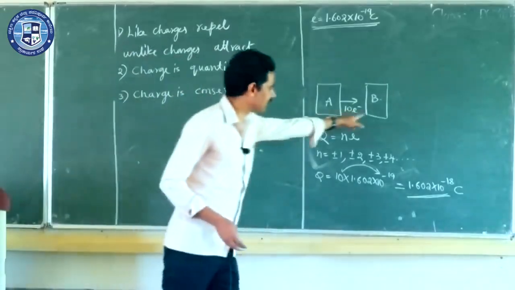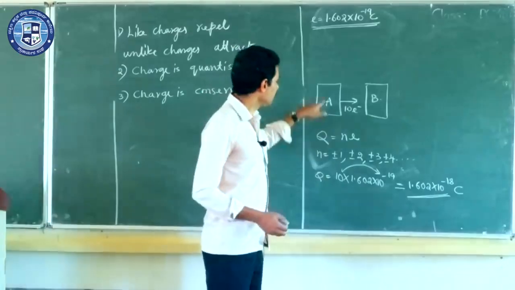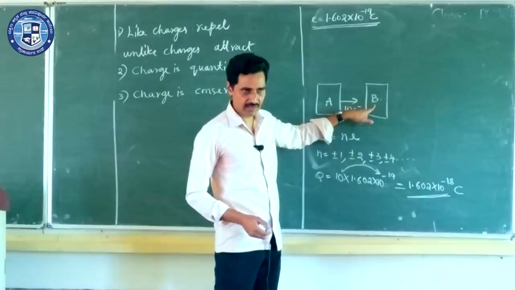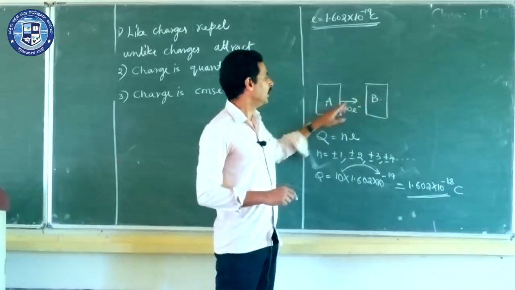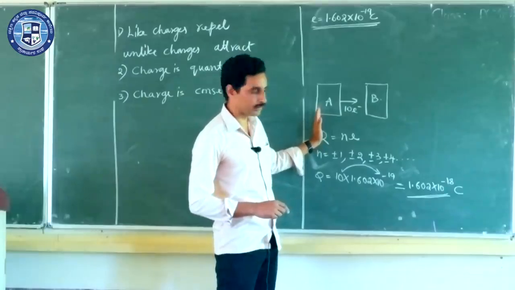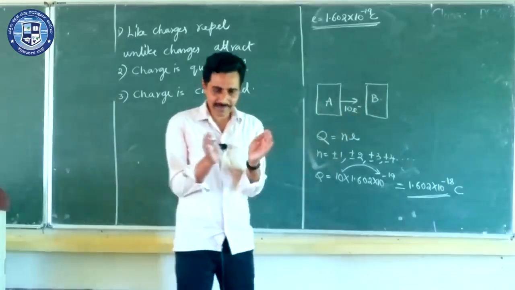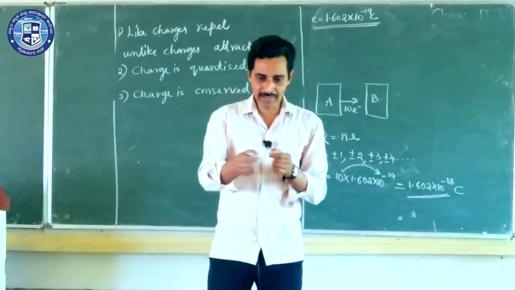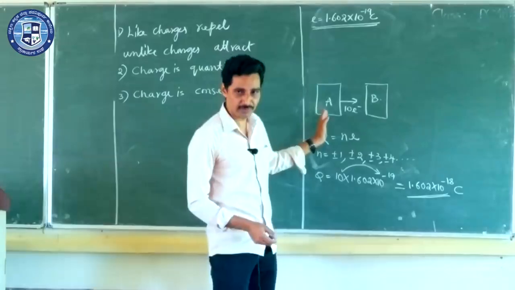Now if you look at this experiment, you know that this body contained 100 electrons and 100 protons. This was also containing 100 electrons and 100 protons. Simply taken that number. If you take the total, after body A loses electrons, they are found here. So within that system, within that experiment, you find that the total number is the same. Only an imbalance has been created by transferring the electrons from one body to another.